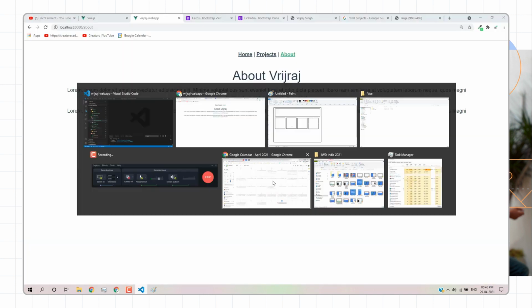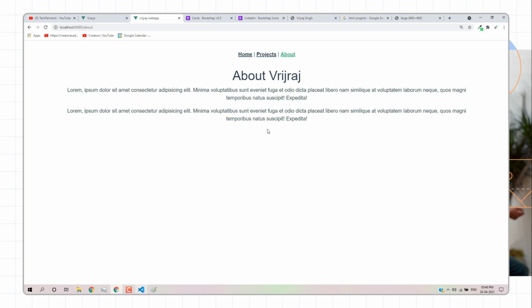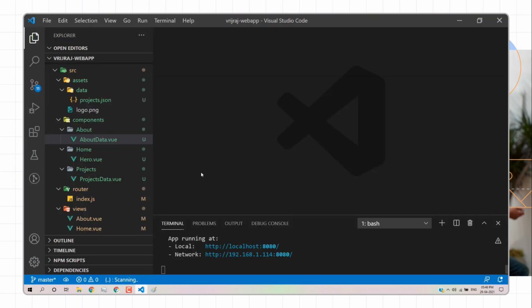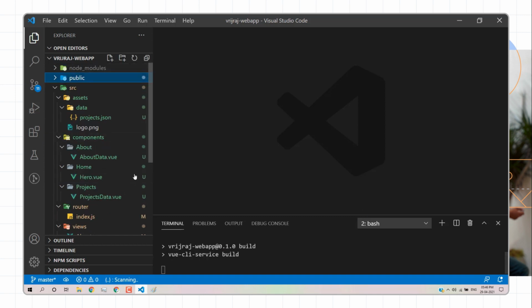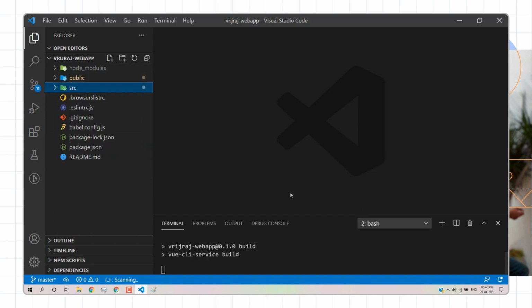Now I want to build an application. Right now, with npm run, you can use this particular command for running your web application for development purposes. If you want to build your application, you need to type a different command. I'll open a new CLI, and you have to type npm run build. It will generate the static files for your project, in a directory. Inside this directory you get your final HTML, CSS, and JavaScript code.